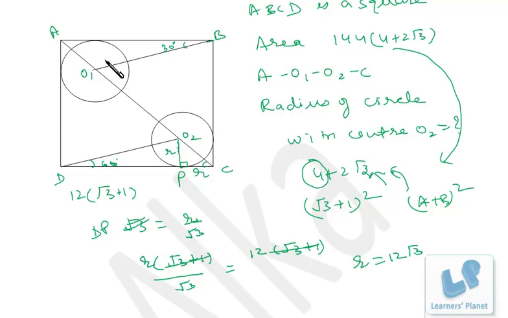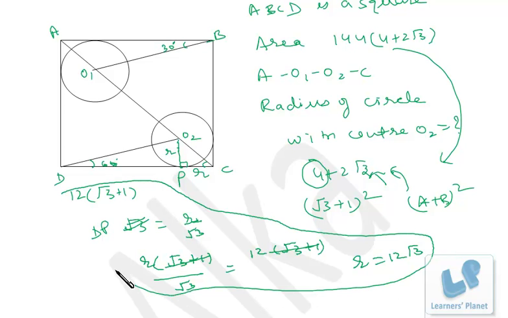Similarly, if it is asked to find the radius of the other circle, that can also be done similarly. So the complicated problem involves only this much paperwork. You can even reduce it to a certain extent. If you know the concept, you don't have to write out 4 plus 2 root 3 here. Instantly you can say the sum is 3 plus 1 and the product is 3, so the numbers are root 3 and 1. That means it is (root 3 plus 1) whole square, so the square root will be 12 times (root 3 plus 1). After that, it's a really easy one.